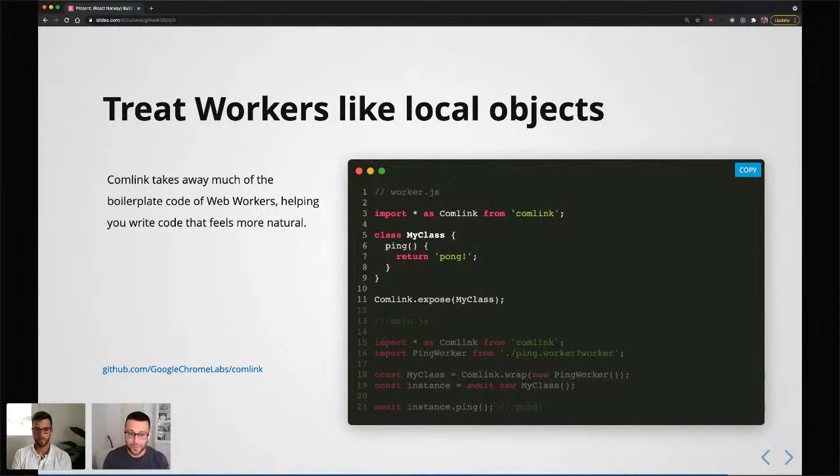But instead of exporting, like typically I would do export default my class or something like that and just import this module somewhere else, I'm exposing it using Comlink. And Comlink is handling the process of setting up all of the boilerplate code required to make this worker behave the way we expect. On the other side, in the main module, wherever we're consuming this class, we're importing Comlink again